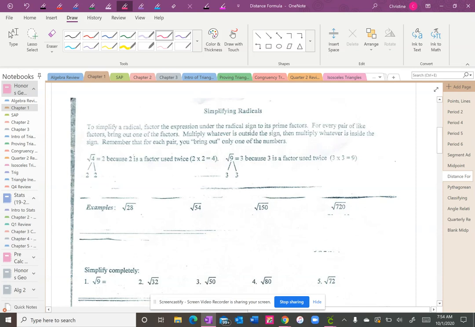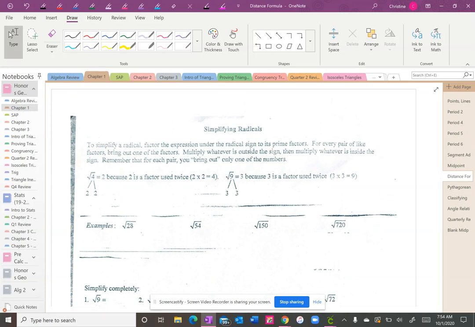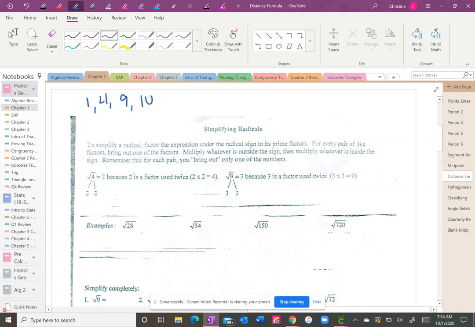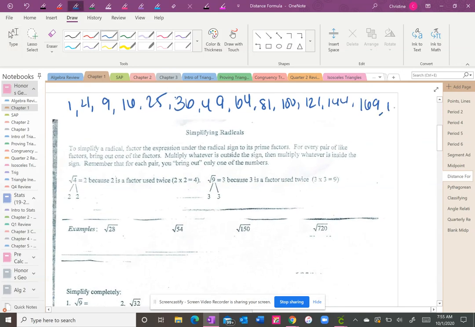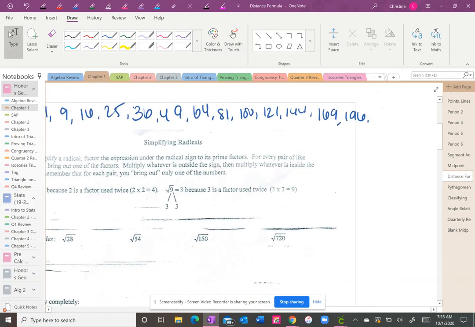It's a number that when you multiply it by itself gives you a resulting perfect square. So I'm going to write these at the top, and you should have these memorized. So here we go. 1, 4, 9, 16, 25, 36, 49, 64, 81, 100, 121, 144, 169, 196, 225, 256, 289,